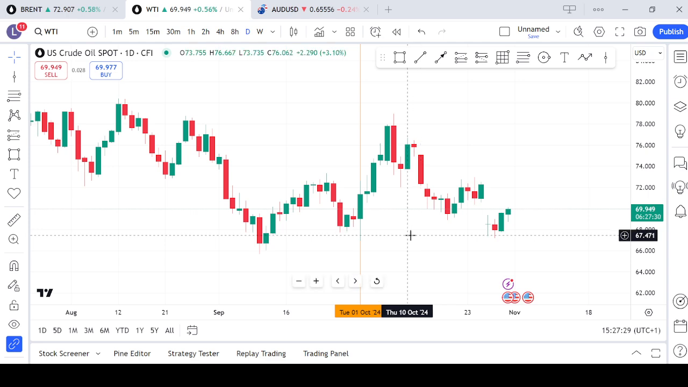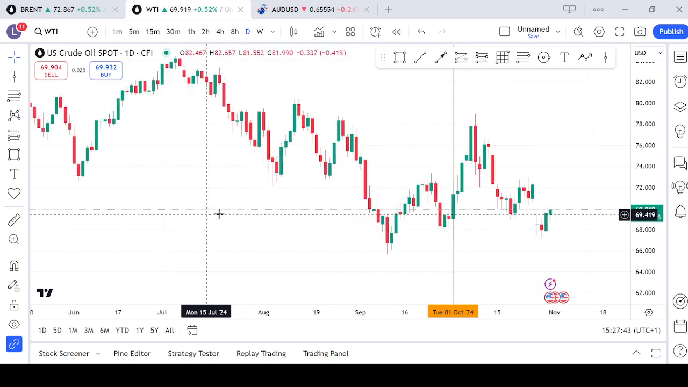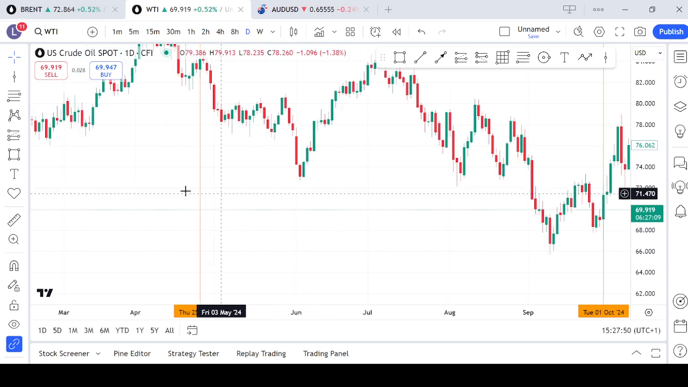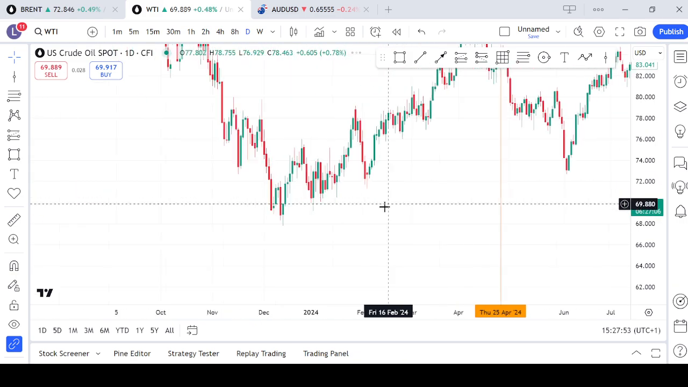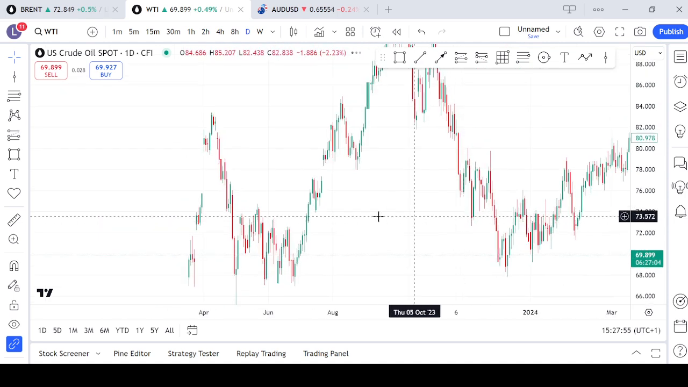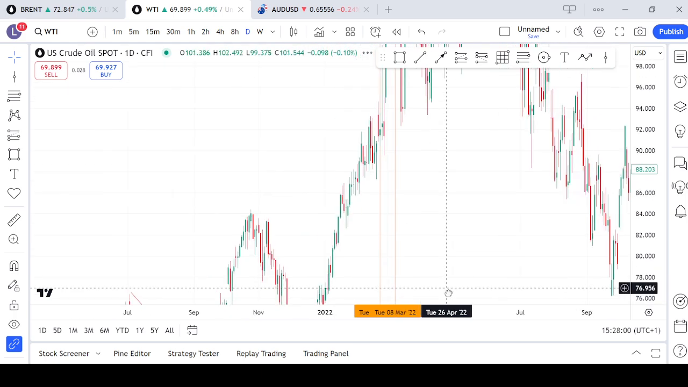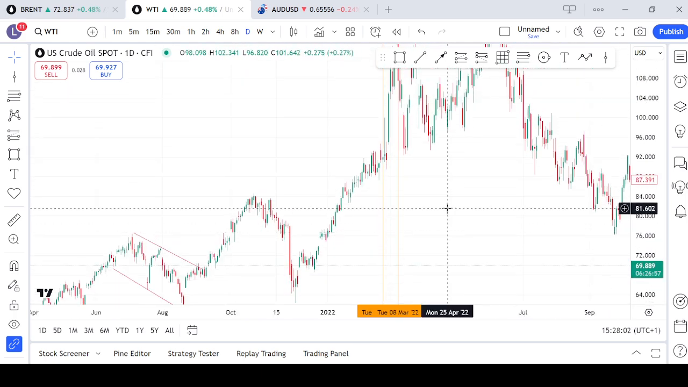Geopolitical events also play a significant role in fundamental analysis. By monitoring news and developments in oil producing regions, you can anticipate potential supply disruptions or shifts in market sentiment. Economic indicators such as GDP growth and manufacturing data provide insights into oil demand trends. So for example, in February 2022, let's go to February 2022. You can see right here,